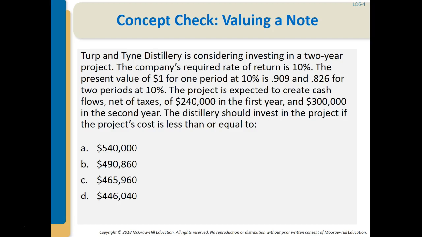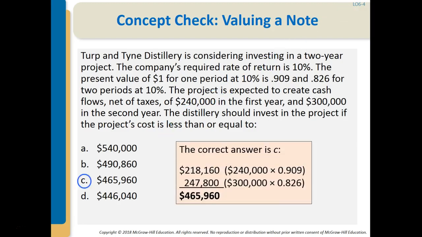The project is expected to create cash flows net of taxes of $240,000 in the first year and $300,000 in the second year. The distillery should invest in the project if the project's cost is less than or equal to $540,000, $490,860, $465,960, or $446,040. Well, basically, we'll calculate that by the